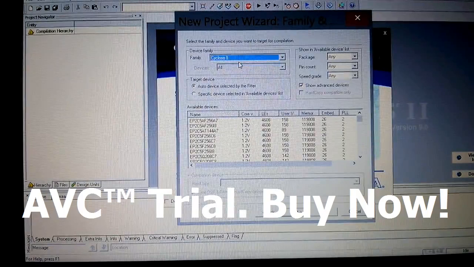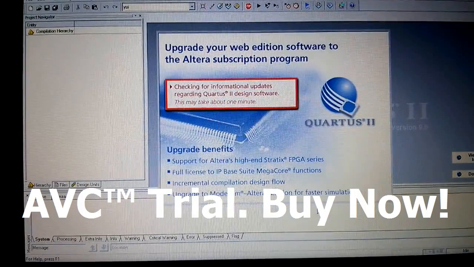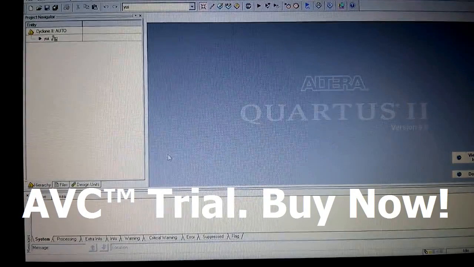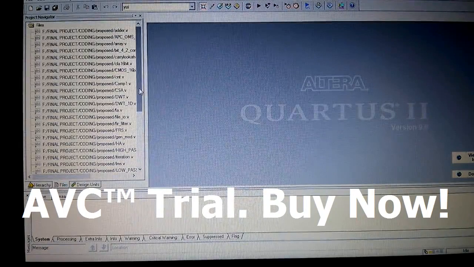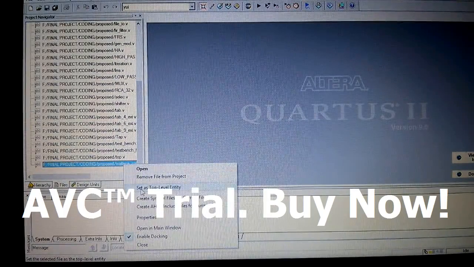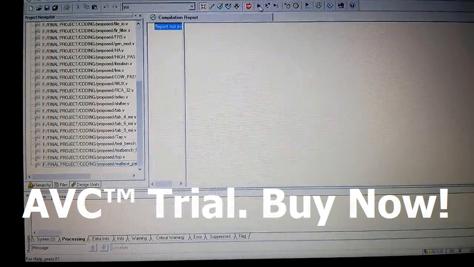The family name which we have given here is Cyclone II. We are using Cyclone II here. Then we get the required files or modules which we have created, and now we have to individually set up each module to get the output.